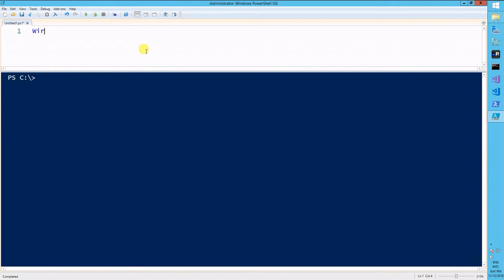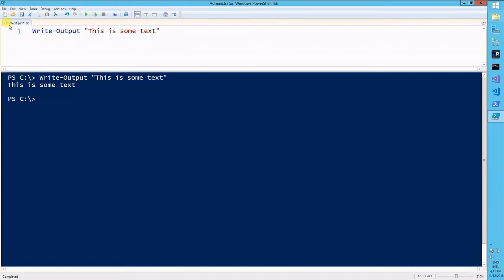Okay, another commandlet that really comes in handy is write output. At first instance, it seems as if it does the same as write host, because it will display the text on the console as well. However, and here's where it gets interesting, it also sends the output out of the console. So if you wanted to forward a bunch of results out to a particular text file, you can do that. To prove this,